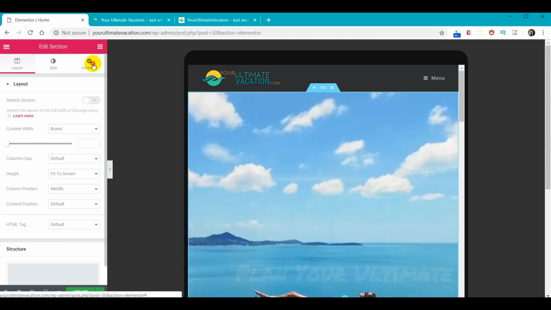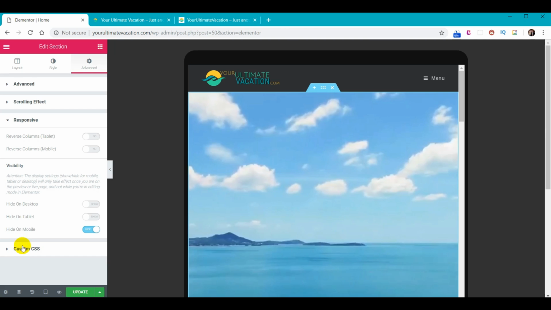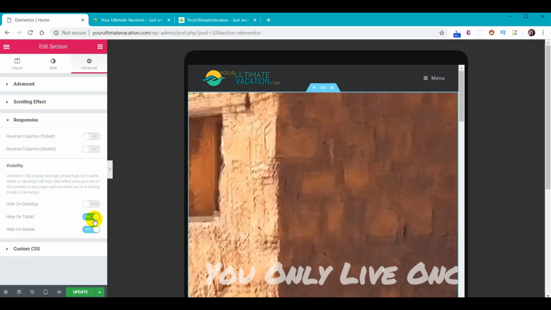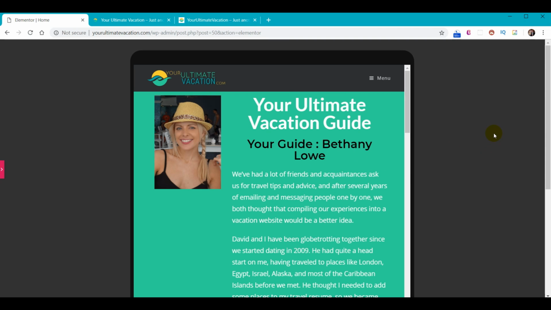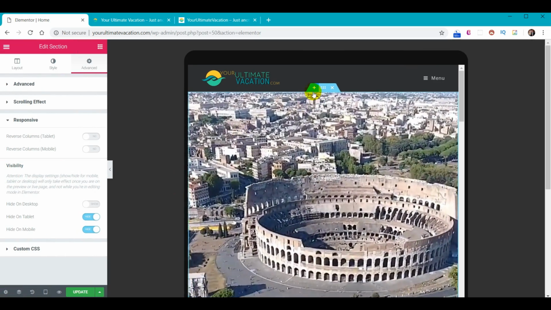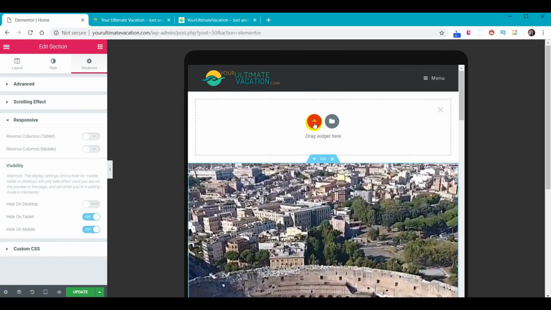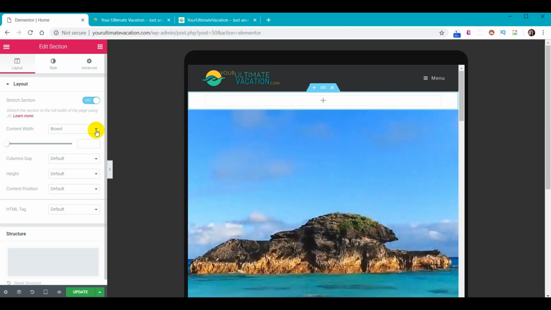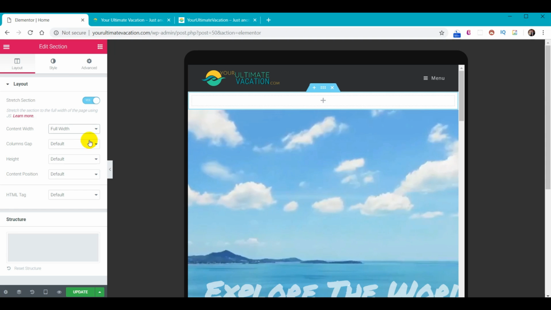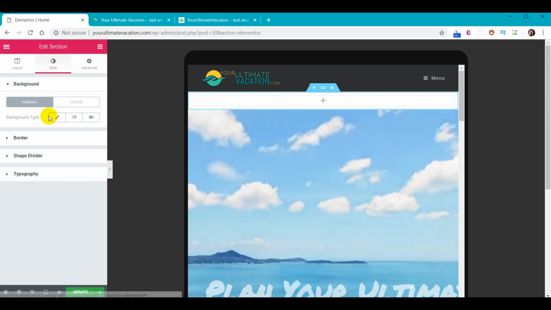We'll go into Advanced, and then under Responsive, for tablet we'll also turn that off. And so when we click here, now that goes away. Now we want to add our new image at the top, so let's go back to our edit mode for tablet, and we'll click here to add a new section. We want that section to be one column. We'll stretch it, we'll make it full width, and now we'll go into Style, and we're going to set a